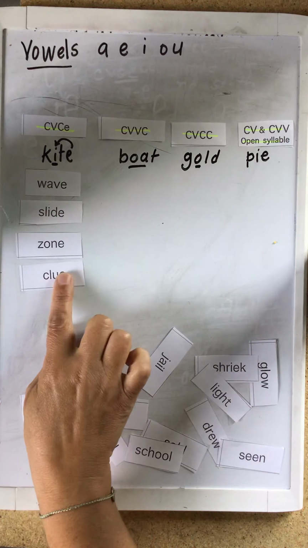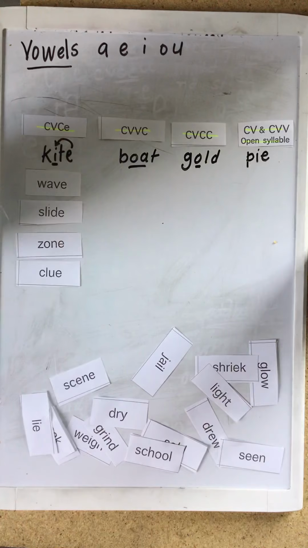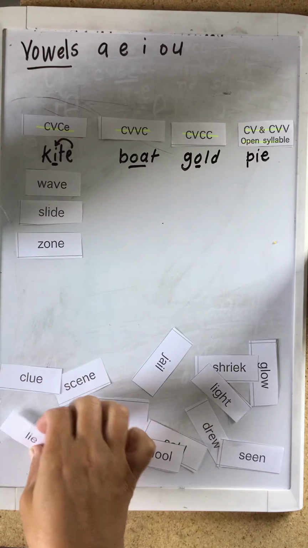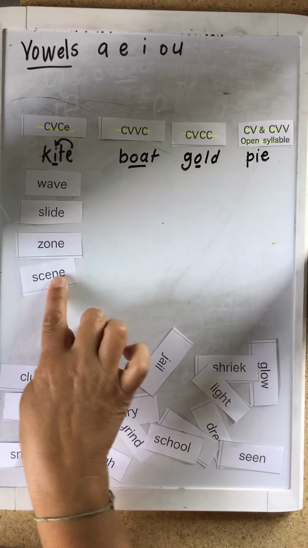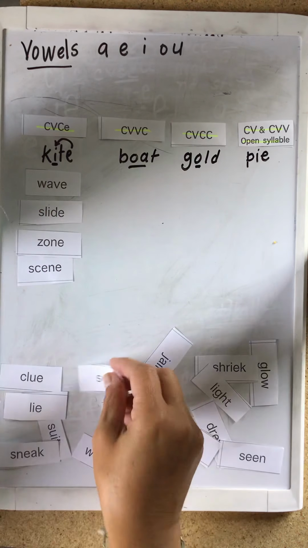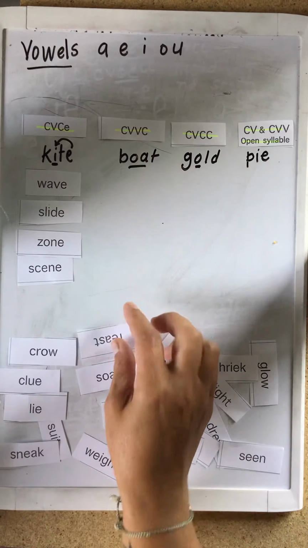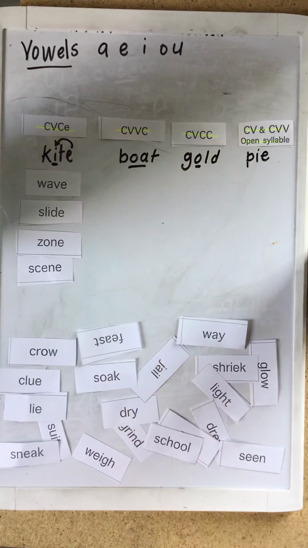Actually, clue doesn't fit in here because it doesn't have that consonant. Oh, I better pull that off. I have to think about that one. I just saw that E at the end and thought, oh, it must go there. Scene. So again, I'm going to go with that. Then I'm going to start looking at what else I have here that I know I can make sense of